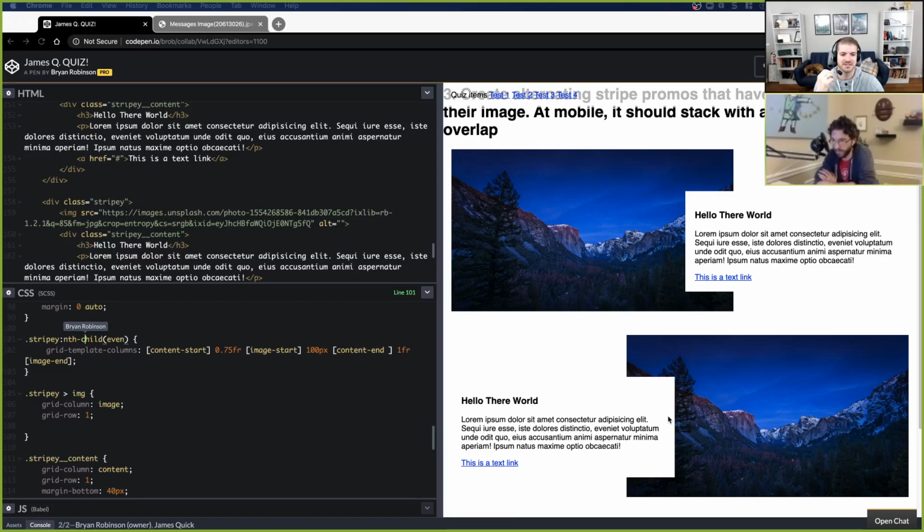So, nth child. What is it a child of? It is itself a child. If this is the nth child inside of a container, inside of another element, so if I had all of these stripies inside of a container, and then I put another stripey outside of the container with the same stripey code, it would not get this because it's not inside of the container.